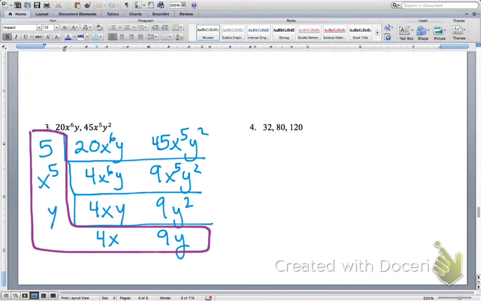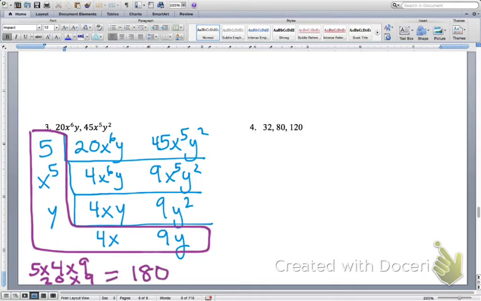So let's take care of the numbers first. 5 times 4 times 9. 5 times 4 is 20. And I'm going to multiply that by 9. 2 times 9 is 18, so it's 180. So we're going to get